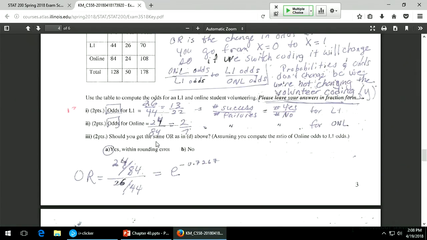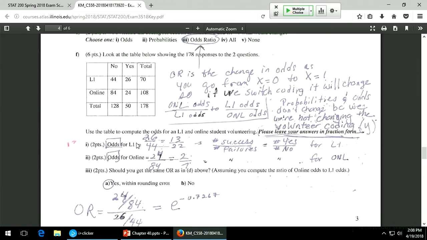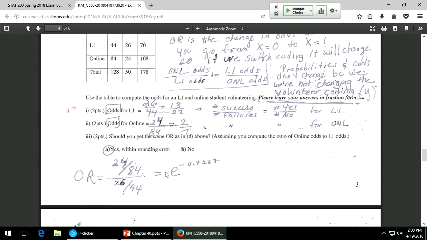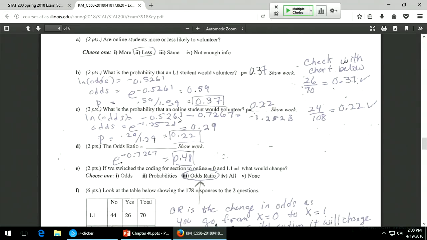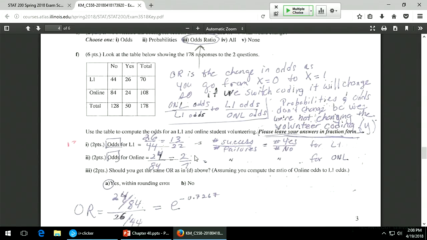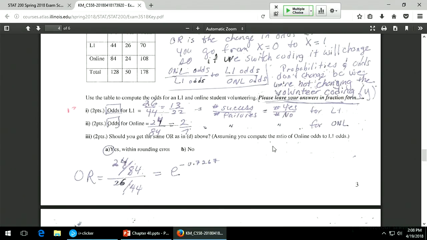Any questions on that? And so remember how we started? I was happy that most people got this. They remembered that odds is just the number of successes over the number of failures, p over 1 minus p. So they did this correctly, and then they computed the odds ratio this way, and a lot of people did check their answers. But if you left it, here I said,